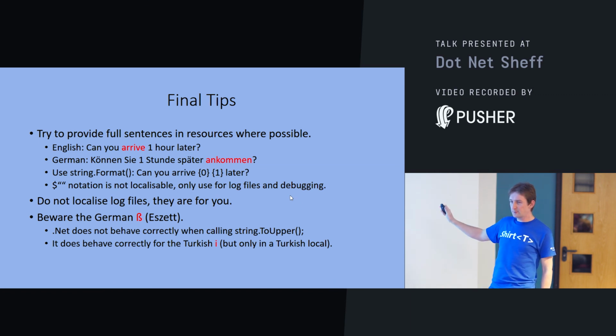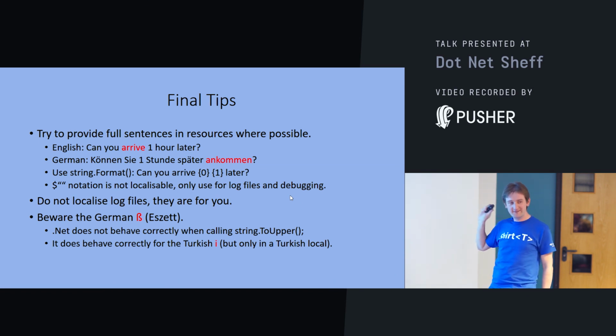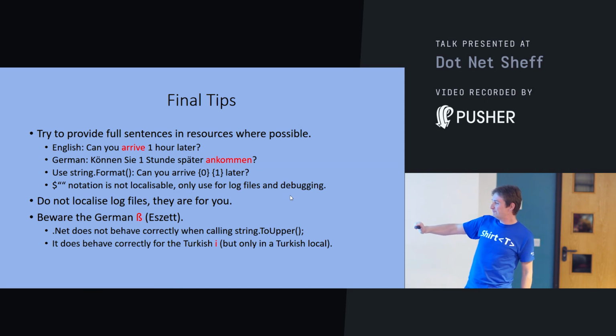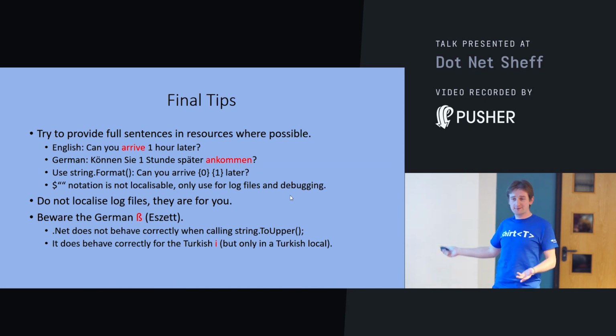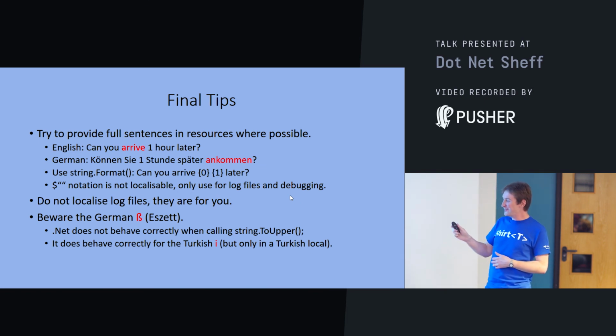For reasons that Eric Lippert went into in a really long blog post, this is by design in .NET. They can't extend the length of a string when you call to upper. If you want to read it, go search for that blog post. Good news is, for those who've been wondering, Turkish I does work correctly. There are two Turkish I's, one with a dot and one without a dot. If you capitalize the one with a dot, then you should get a capital I with a dot on top. If you're in a Turkish locale, you will get that. If you're Turkish, I'm sure you understand what the differences are.